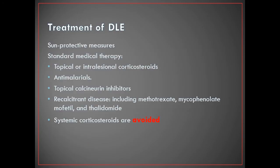So how do I treat this patient? How do I treat a patient with discoid LE that does not have systemic lupus erythematosus after screening? This patient has photo distribution of his lesions, so he needs some protective measures. What do we use here as sun protection? After applying all sun protective measures that we are going to discuss in another lecture, we prescribe this patient